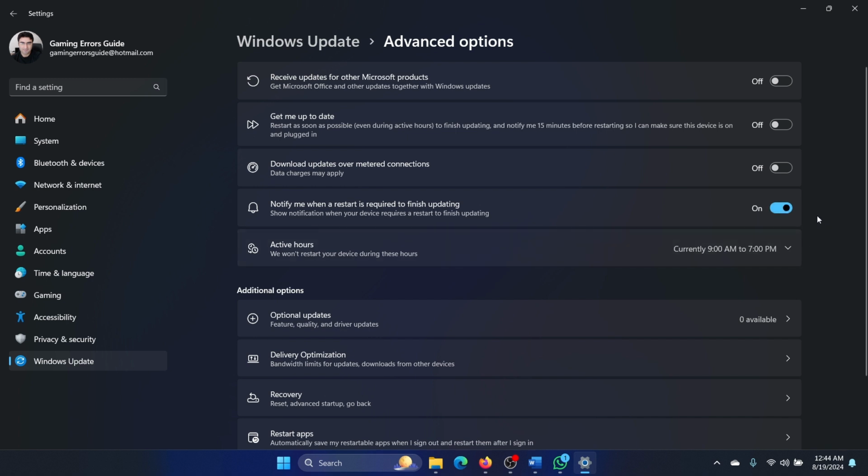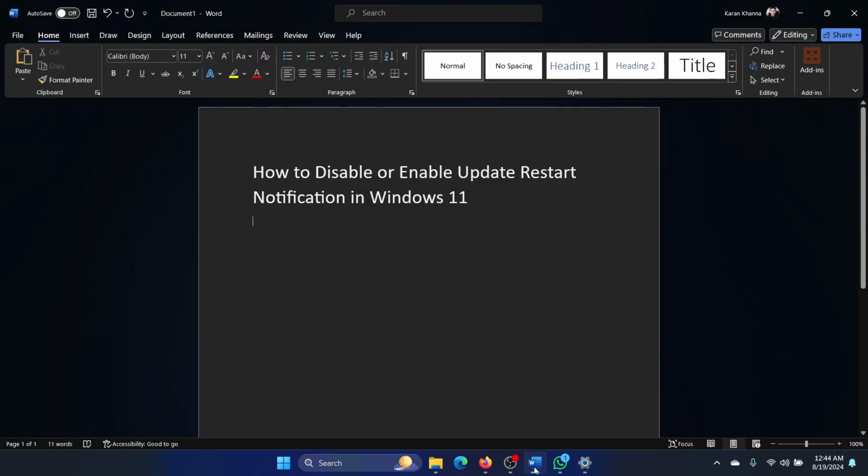it is on by default, but if you turn it off, then your system will restart after an update immediately and you will not even be notified of the same. So any wise person would say that a notification is a must, because if you had to shut down your system randomly, then it would be similar to what happens after a blue screen, that no one wants for any